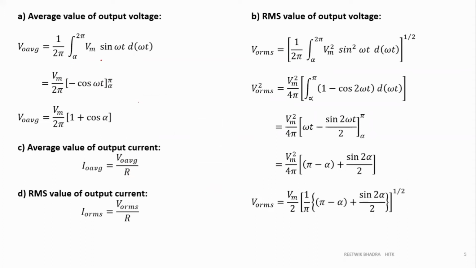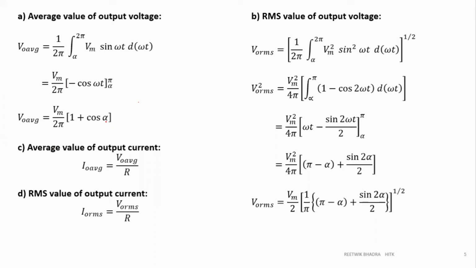So you can do the integration. Sine omega t gives minus cos omega t. These things we had already done previously. All these integrations we had done in AC voltage controllers. Please look into those formulas. I told you always to remember this: sine omega t will always come in your equation. If you integrate sine omega t, you get minus cos omega t. Put in the limits and you get your value.